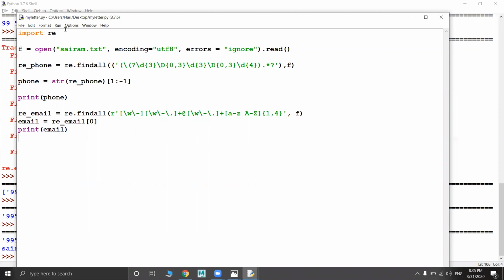Tomorrow we are going to see how we can use this email and phone number to send an SMS and an email automatically using Python code, without opening your Gmail or Yahoo mail and without logging in. How can we send email to these addresses using Python code?